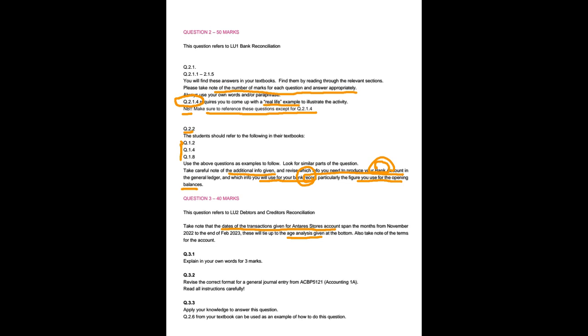3.1, explain in your own words for 3 marks. And I don't think it's necessary to reference that particular question, unless obviously you are using your textbook and you found information in your textbook or online somewhere to help you explain that, then definitely reference it. Okay. When we say here in your own words, that means that you absolutely, for every single one of these paragraph questions, you must